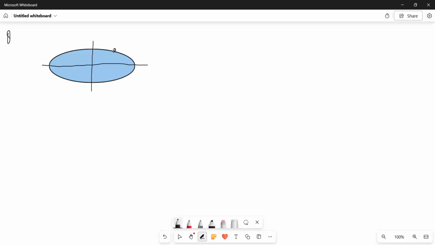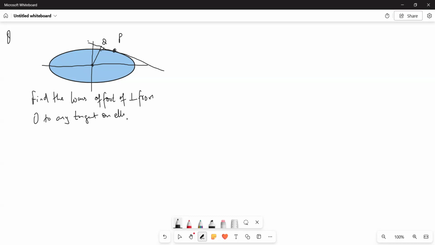At any point P on the ellipse, we draw a tangent, and from the center, we drop a perpendicular on the tangent. The question is, find the locus of the foot of the perpendicular from origin to any tangent